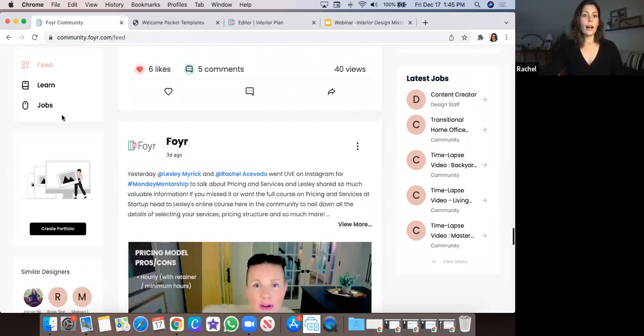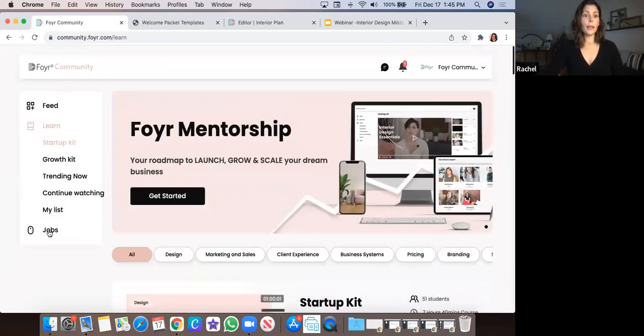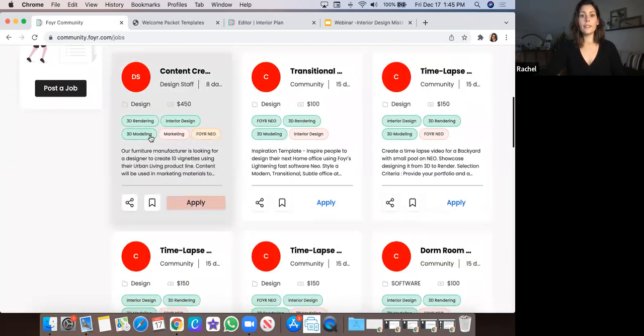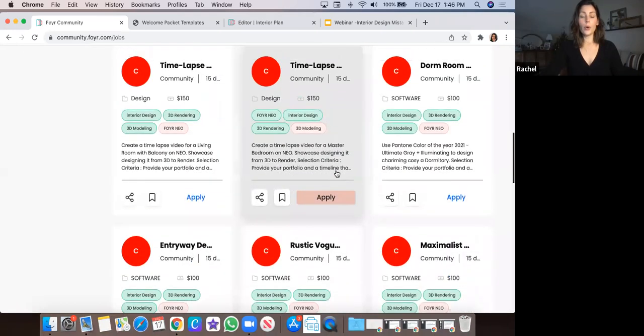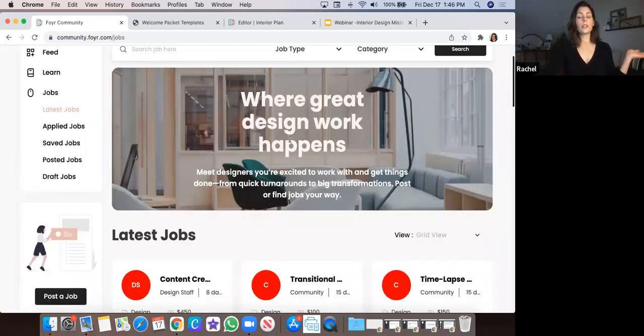You'll get access to all of these courses, and we have a job board. So these are entirely free. And then if you go down here to jobs, we have some one-off job opportunities to get you a bit more versed in the software. Some of these are listed by Foyer, others are listed by designers who need help. So it's a great way of getting your foot in the door and establishing some rapport if you are new and are maybe looking to work under a more established designer and learn from them. So check this out as well.